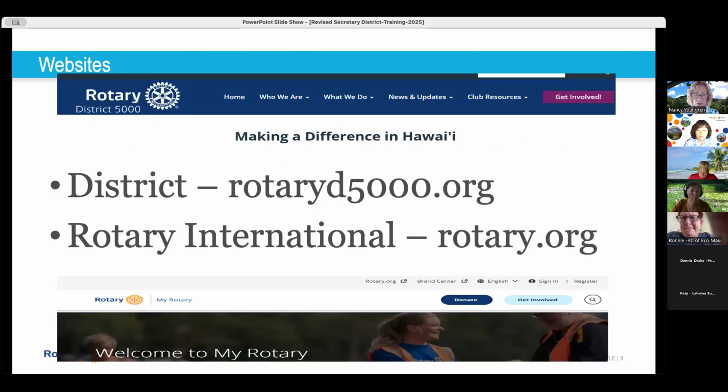Okay, here's our two main websites that every secretary should be familiar with. And there's a lot of opportunity to play in these websites. Sometimes I found, honestly, it's not that easy to find something the first time. But if you play around with it, there's so much information in either the district website,